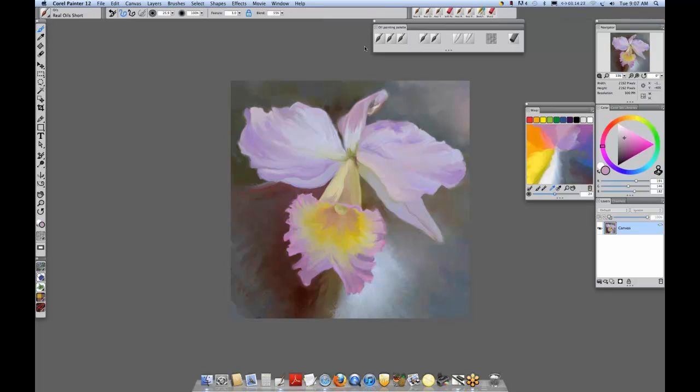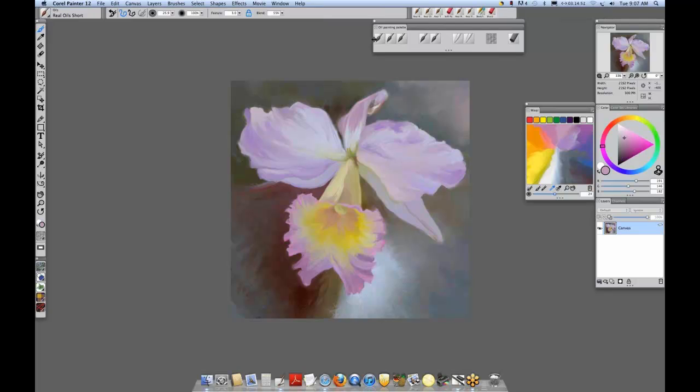Some of the brushes were also moved to the blenders category. So to make it easy to switch between brushes during the demonstration, I made this small oil painting palette. If you make custom palettes, you'll find that they will improve your productivity while you're working. So keep an eye on the far top left